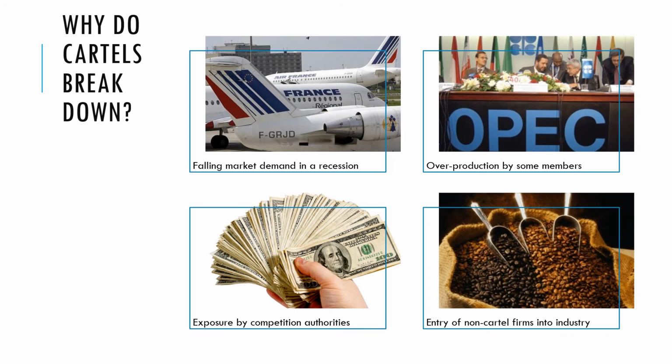Now, often we see that cartels break down. Now, why might this be the case? Well, if we think back to our example here with OPEC, if there was falling demand in a recession, for example, falling demand for petrol, this would put a downward pressure on price. So even if they're trying to limit supply, if demand is falling, actually we might get back to a market equilibrium. We did talk about the fact that for some members, there's always an incentive that if I cheat my quota a little bit, I can increase my profits further. So some members might break the agreement with the rest of the cartel members to limit supply.